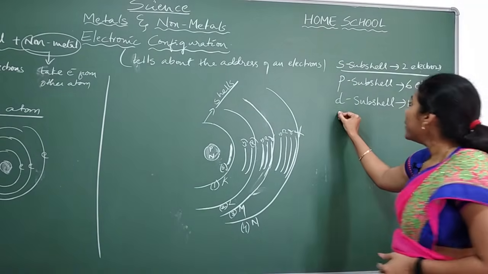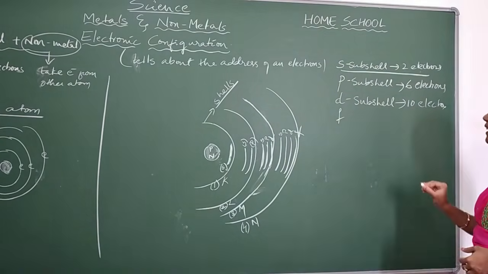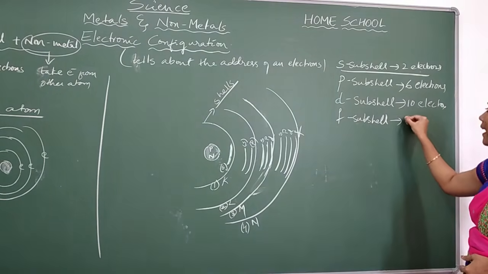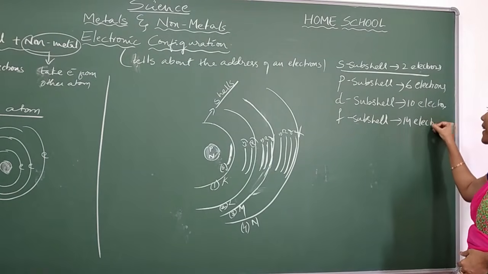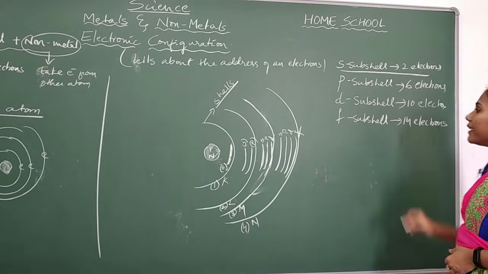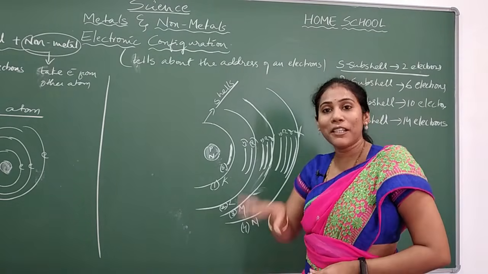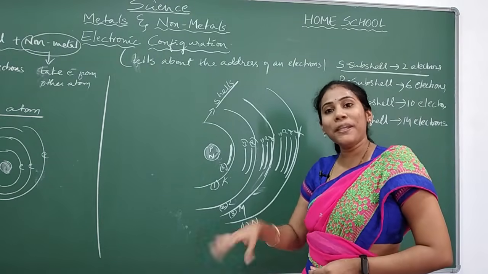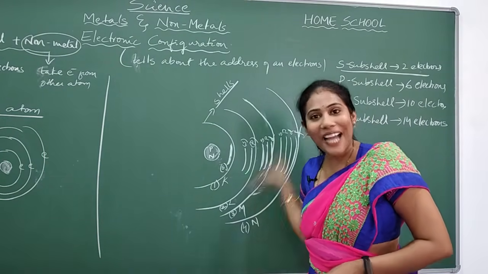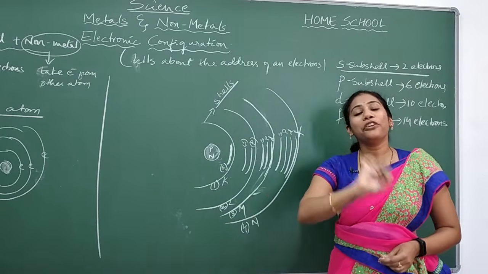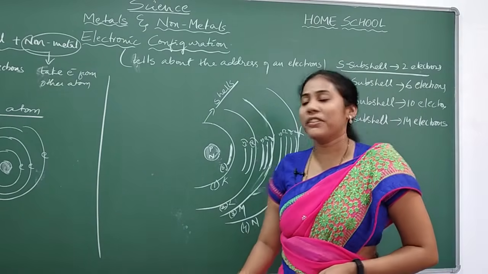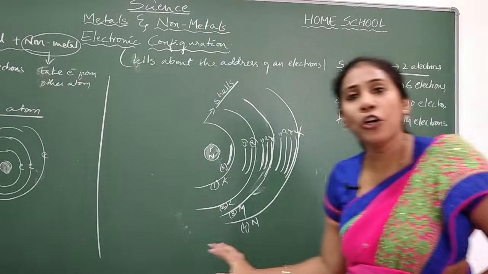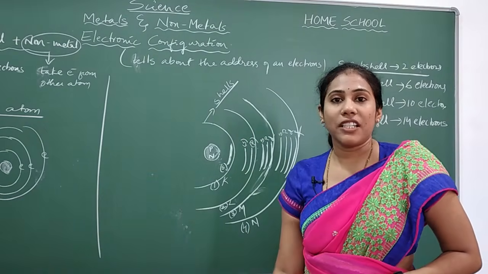Okay, so the D subshell can have 10 electrons, and the F subshell can have 14 electrons. It is a quite bigger colony. Okay, it can accommodate around 14 people. Here people means electron. Okay, colony means subshell, taluk means main shell, district means atom. Okay, so this is how you can correlate and remember the concept. This is a very, very, very fundamental aspect that everyone must know to write the electronic configuration.